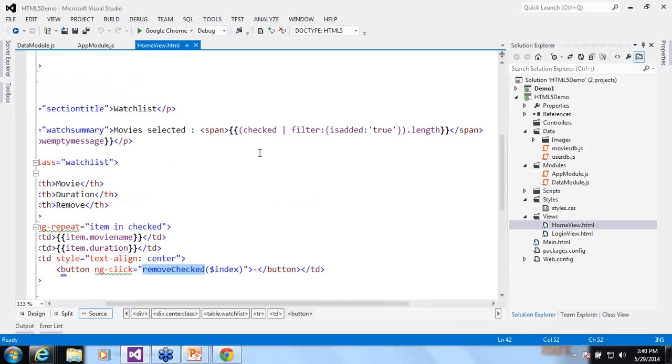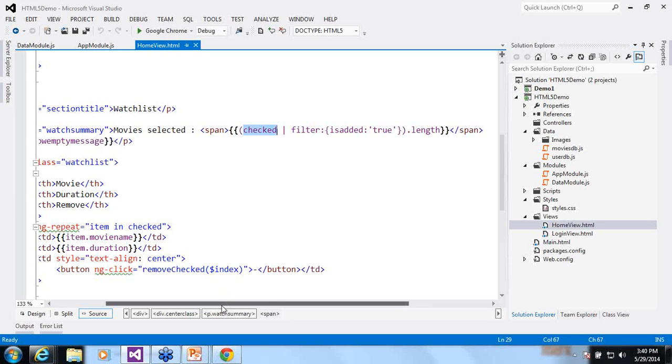What I am telling this section is that whatever number of items are checked, check whether their is added property is true, find those objects and give me their count. So this expression is using a filter. It is going to evaluate the checked object, iterate through it internally and check whether the is added property is true or not, and it is going to show the length. This complete expression is evaluated because the scope object is available across the HTML because of the movies controller function.